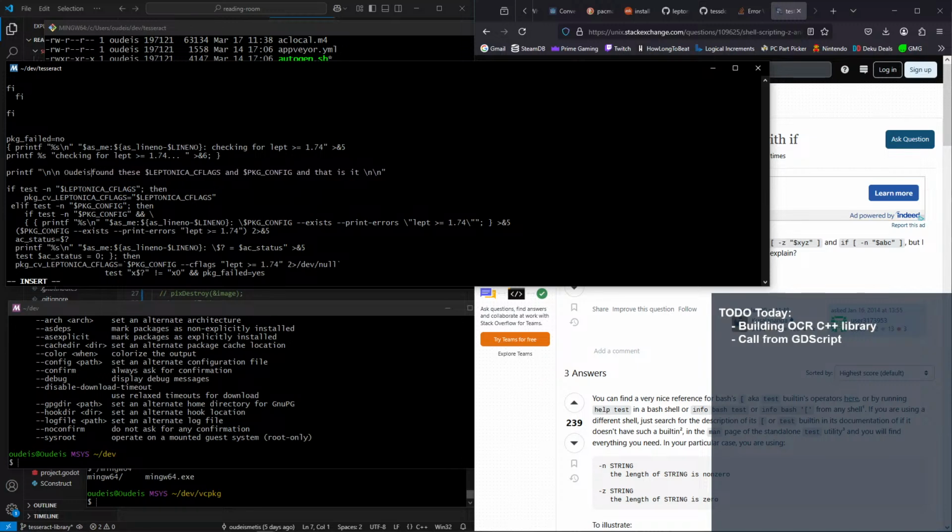In fact, I'll just put udis here. That way I can easily search to this line next time and not have to click through. So we don't have the Leptonica CFLAGS, which, to be fair,